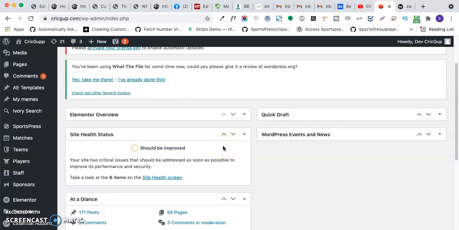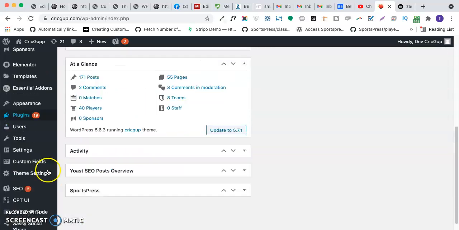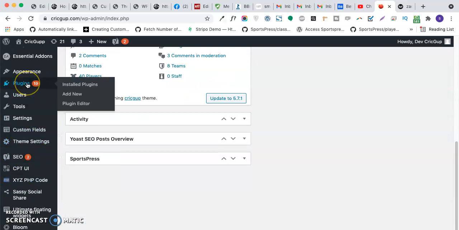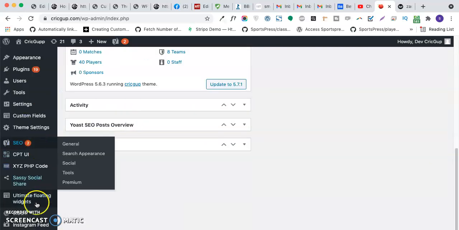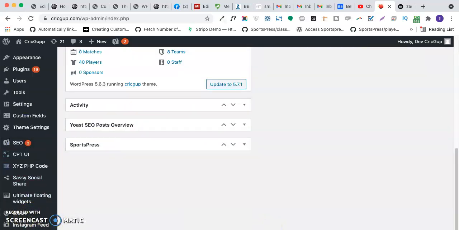So in this video, I'm going to show you how we can add it through an HTML form or by using a Bloom opt-in plugin. I assume you already have installed Bloom opt-in if you are going to use the Bloom opt-in method. And once you install, you will be seeing an extra option like Bloom over here, in the plugins.